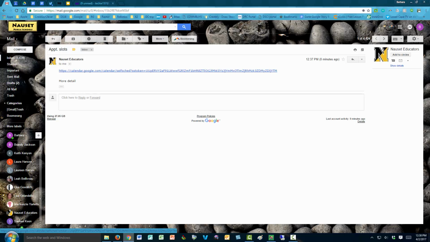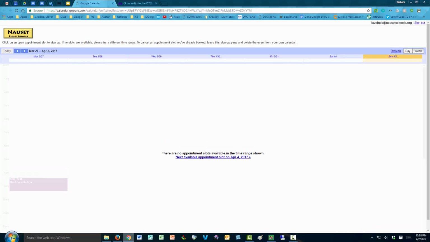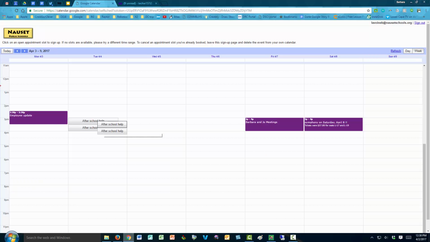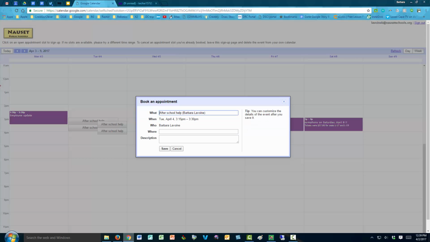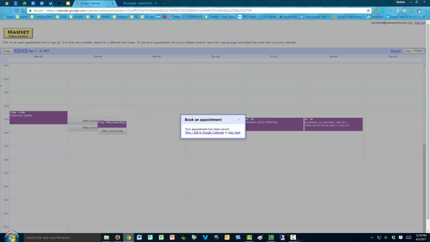So I've received this. If I were a student and I've received this in my email, I would click on this link and it would bring up a calendar and it would say there are no appointment slots available in the time range shown. But if I click on this slot for April 4th, I see that I have a couple of options here. So I can select after school help, and it has my name in here. Of course, I can identify where. When I click the Save button, this will actually put it in my calendar, and it'll also put it in